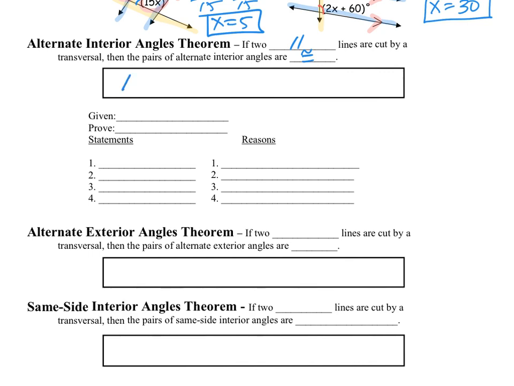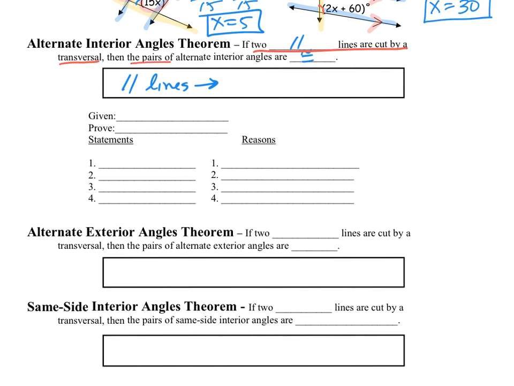We're going to say parallel lines and then put an arrow. What we're assuming, because we're going to talk about alternate interior angles in just a minute, is that alternate interior angles wouldn't exist unless we had a transversal. So this is a shorthand of writing this whole hypothesis: if two parallel lines are cut by a transversal,